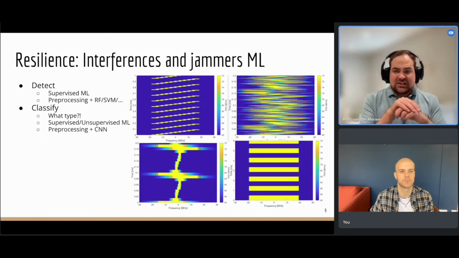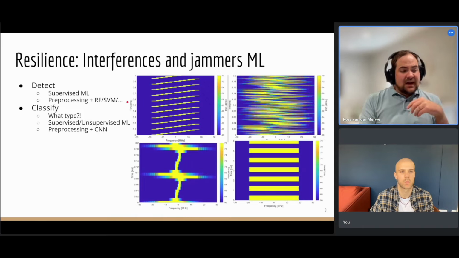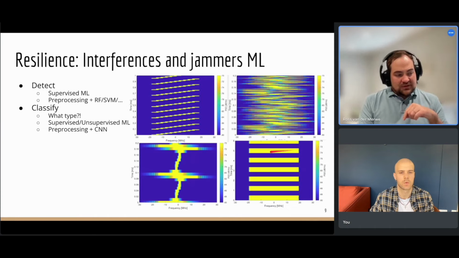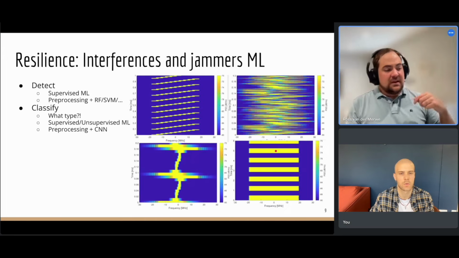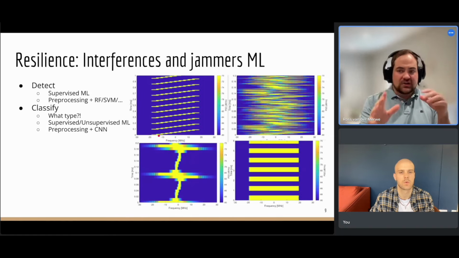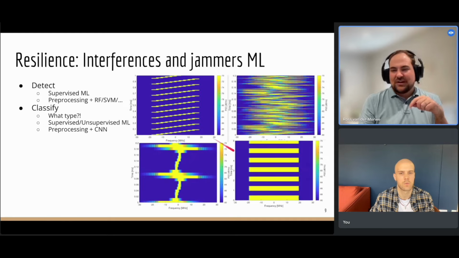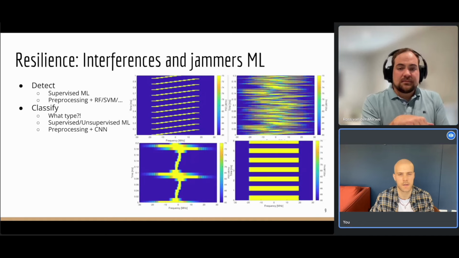Classification is much more difficult, because now you have to think, is there a frequency offset, is there a time offset? How close? One problem you can see here is this is a pulsed noise spectrogram. So you have a pulse of data, and then it's on and off, and you have a chirp. And this chirp basically changes frequency slowly over time, or fast over time. But if this is changing faster and faster, how do you distinguish these two from each other? Where are those boundaries? And it might be that your receiver doesn't care what type of signal it is, but it does care that there's an interference signal. Okay.